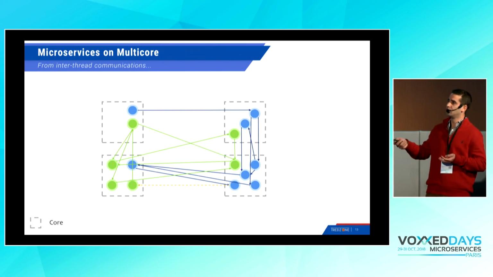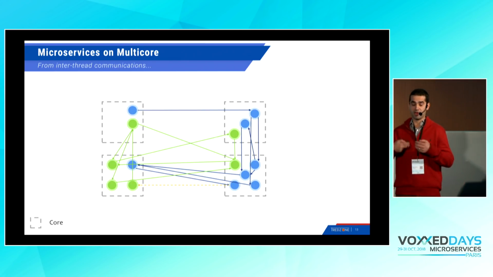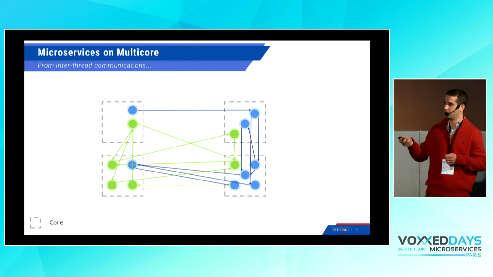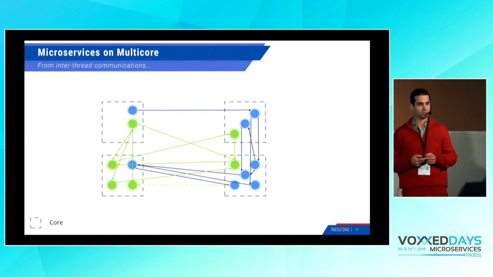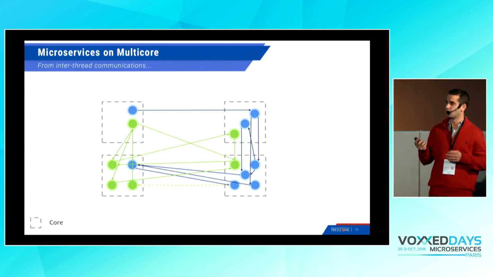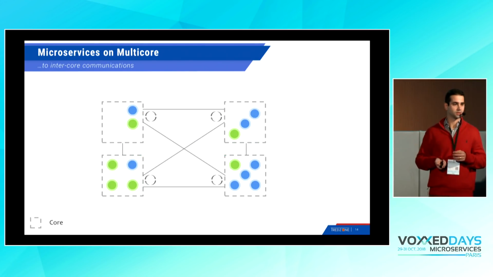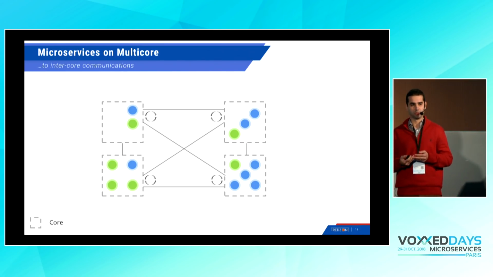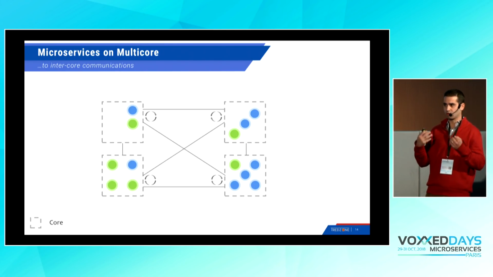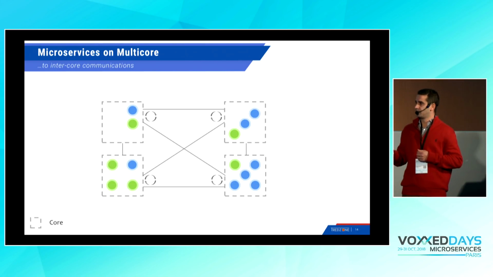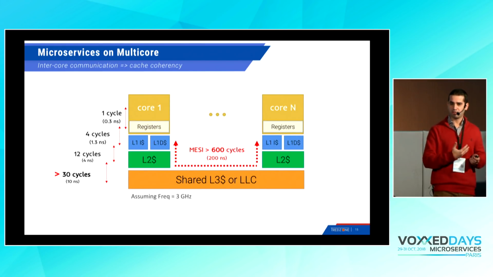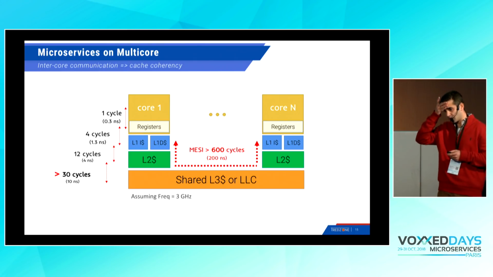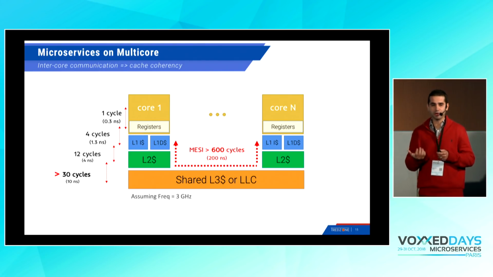And if we have a very complex software architecture with a lot of actors, this will really deteriorate the performance of the system. So what we want is to move from a communication model like this to this. We want to mutualize the communication between cores. It should be at the core level. And if we have inter-core communication, we have a second notion, what we call cache coherency.